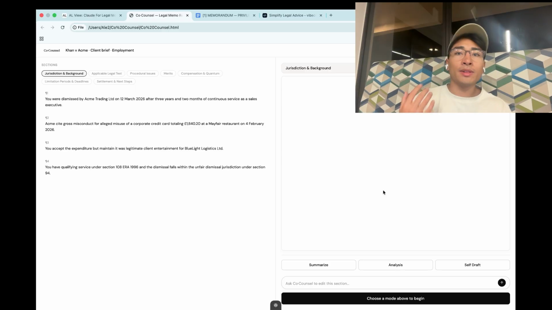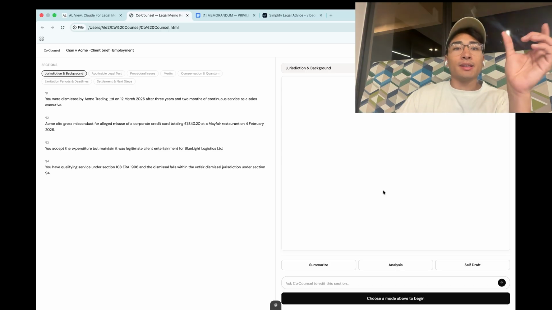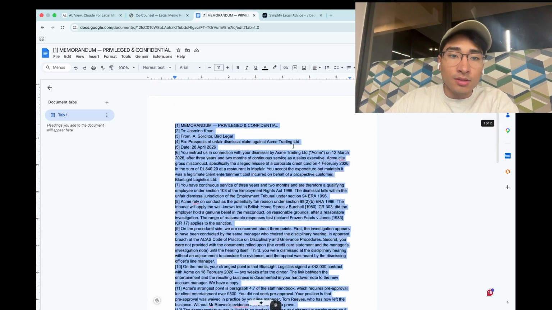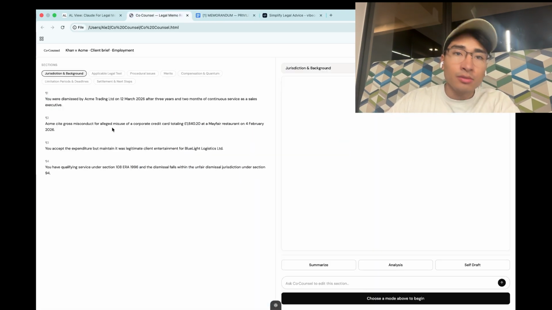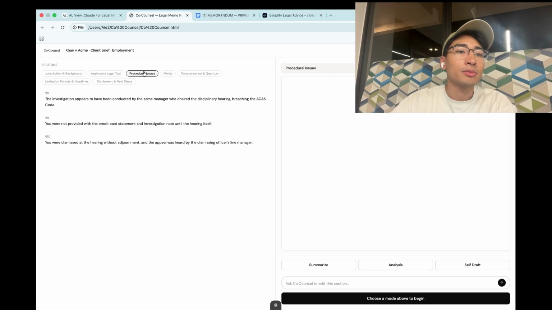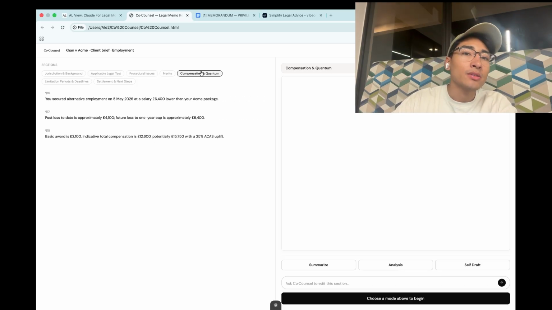So what the AI does firstly is break up the whole memo into different sections for you. So we have jurisdiction and background, paragraph 1, 2, 3, 4. The next section it broke down is the legal test, procedural issues, merits, compensation and quantum.